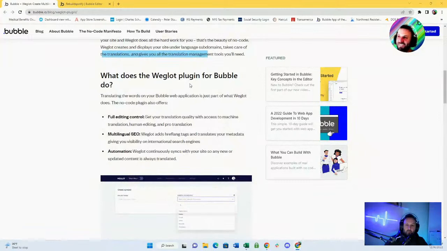What does the Weglot plugin do for Bubble? Translating the words on your Bubble web application is just part of what Weglot does. The no-code plugin also offers full editing control. Set your translation quality with access to machine translation, human editing, and pro translation. Multilingual SEO. Sander, I imagine that the core Bubble stuff doesn't do this. Multilingual SEO. Weglot adds